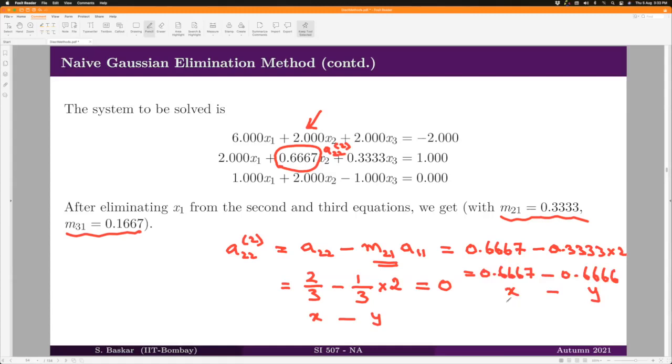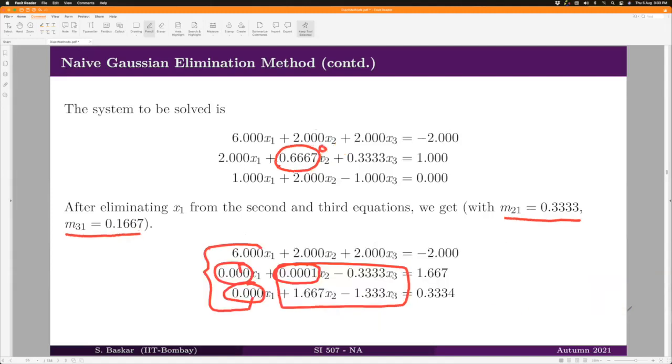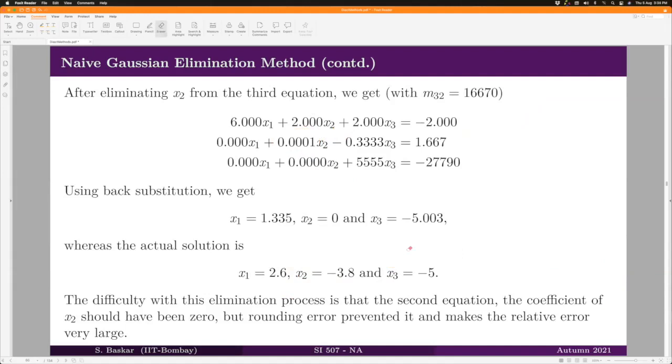It means you are subtracting two numbers, x and y, whose values are very close to each other. We have seen in the last chapter that such calculations will propagate relative error drastically. That is what happened in our case. In other words, there was a loss of significance here, and that propagated the relative error drastically to the next step. Well, how to avoid such situations computationally is the question.